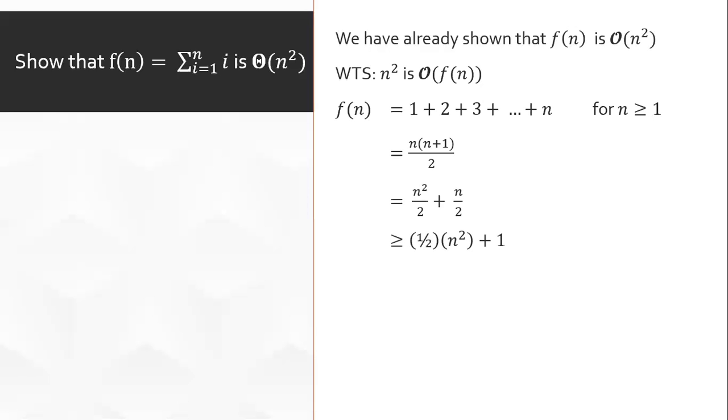This happens to be greater than or equal to 1/2 n squared. That's just the first term there, right? N squared over 2 is the same as 1/2 n squared. The claim is that as long as n is greater than or equal to 1, I get that